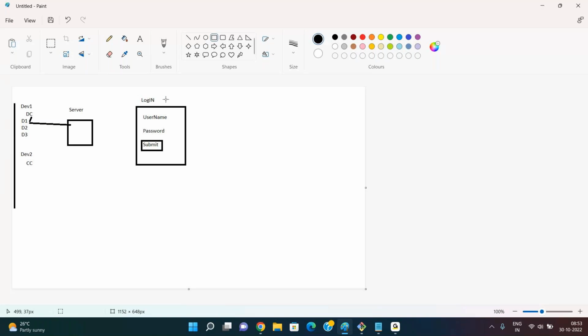Now this is the login page, developed and working fine, tested and deployed, and in production it is working fine. So now we got the requirement to add a cancel button. Now what will the team do? Where the code is present right now in the server, from the server, the person who is working on the code will take the code